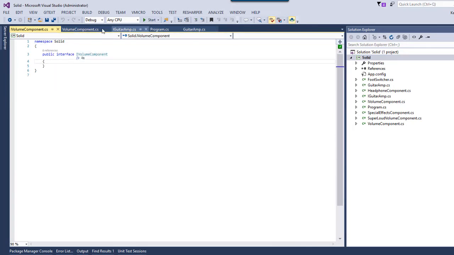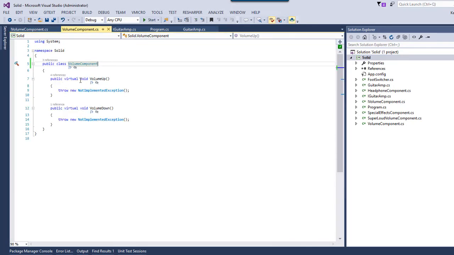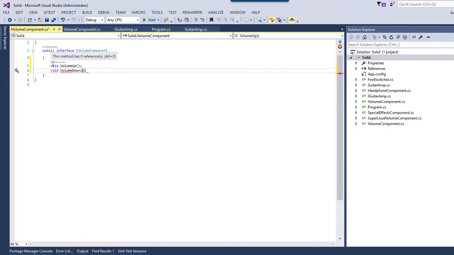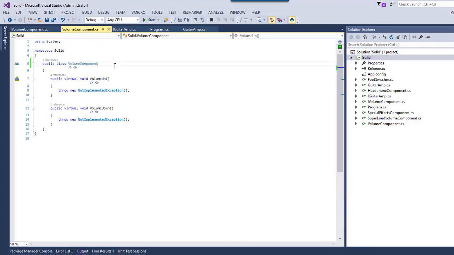So the two things that the volume component should know how to do is volume up and volume down, and this will create a contract because that means everything that implements volume component will have to implement volume up and volume down. So if I take the volume component here, or the interface, add it here, make sure the compiler is happy,